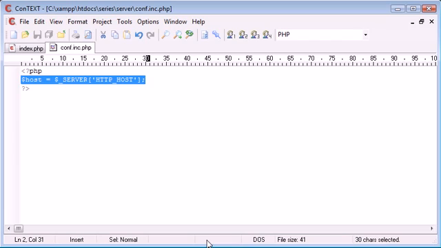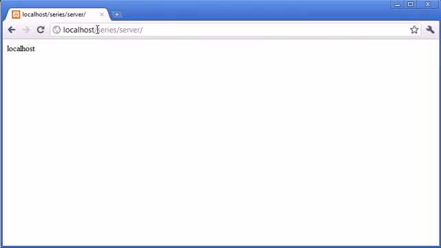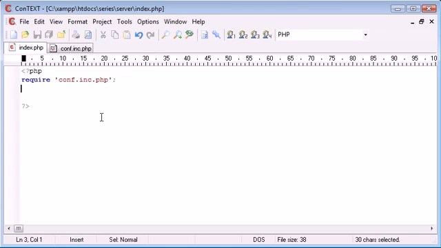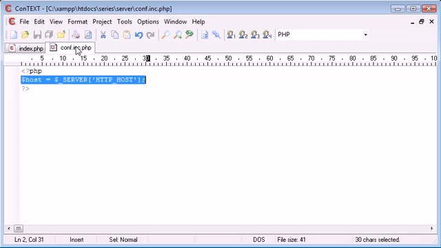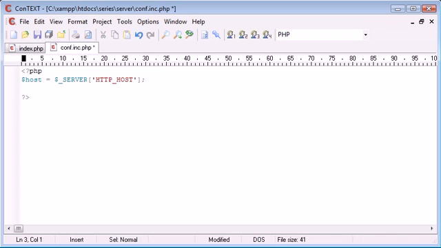So let's say at the moment I've got it on localhost and I'm developing it. All my pictures, for example, for a template system are going to come from localhost/something. At the moment the URL I'm running under is localhost/series/server. So what I could do is say host equals this, however, template or images equals $_SERVER. No, it would be host because we've already defined that, host, and then we can append